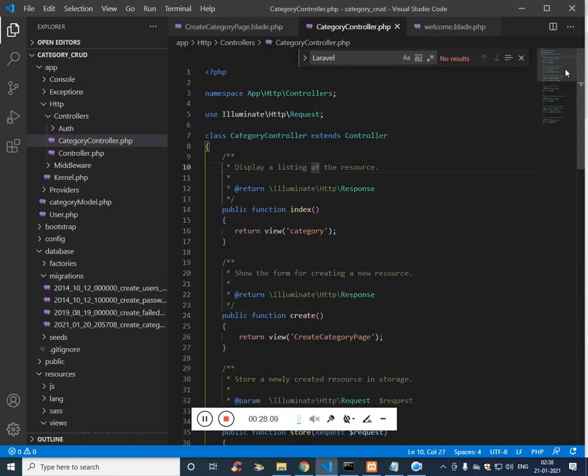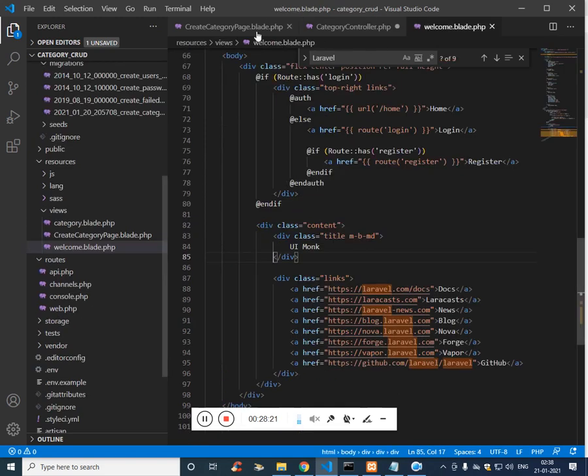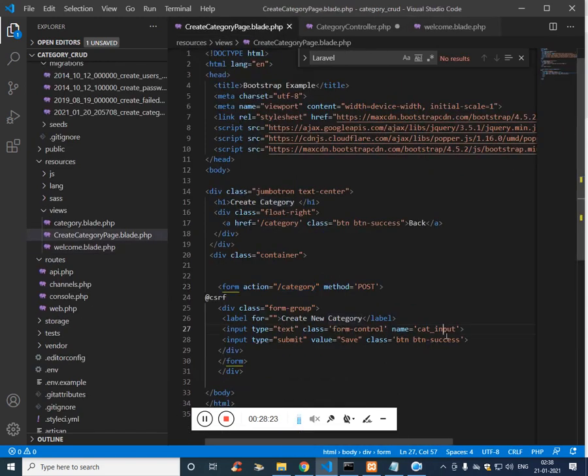Where is the store function? This is the store function. This store function will have the request object. With this object, we can access the input field value. Here in this case, it's the cat input.